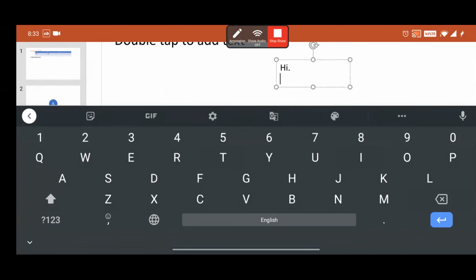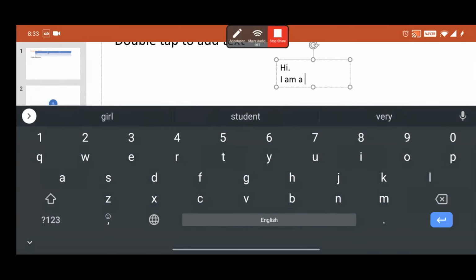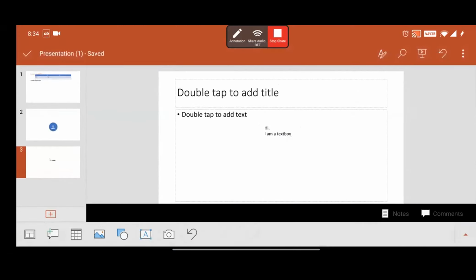Hi, I am a text box. See, so till now, do you have any doubt?